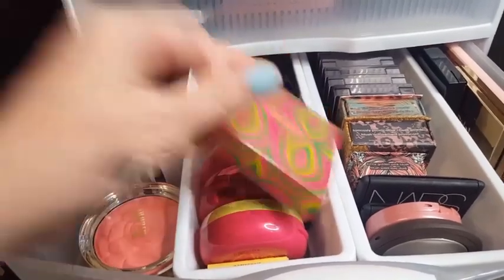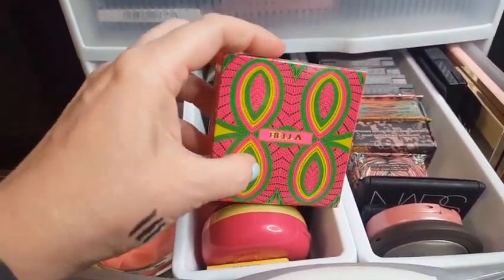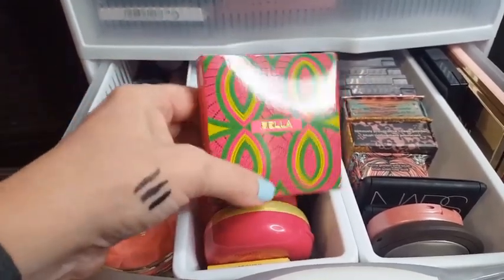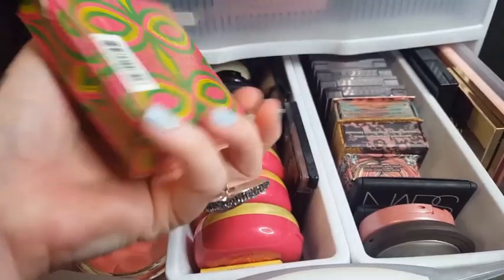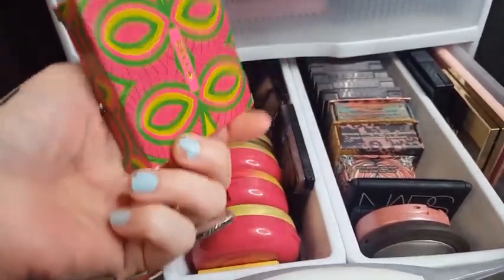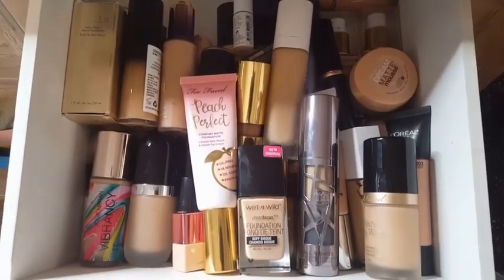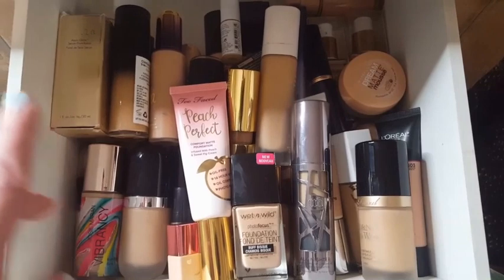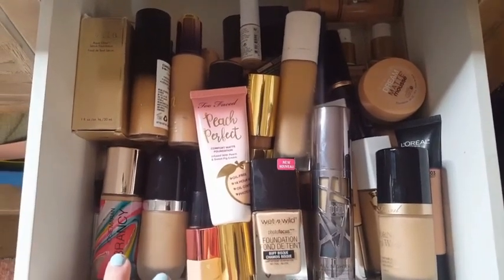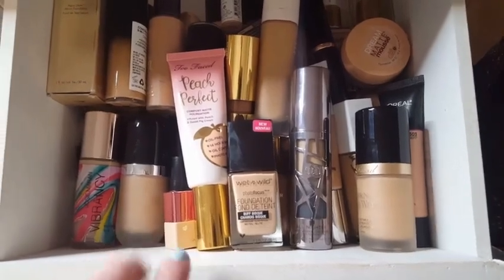So I'm pulling the brand new Juvia's Place blush in Bella that I picked up on my drugstore Ulta haul. I'll link that card for you guys. But this blush is very intense and very beautiful for Valentine's Day. I do actually have 2 birthday parties to go to, and it's also Valentine's, so it's going to be one of those weeks where I really do want to look